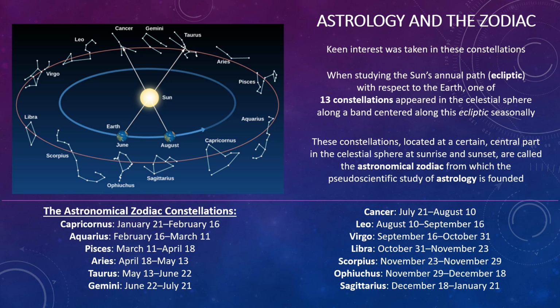So these constellations located at a certain central part of the celestial sphere at sunrise and sunset are called the astronomical zodiac. And so these are the zodiac constellations that we hear associated with this pseudoscience of astrology. Astrology is this idea that when you are born, the stars that were in the sky at that time somehow determine your fate. But we know through scientific study and methods that